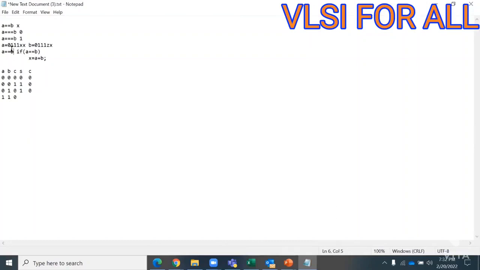It is doing a bitwise operation. 0, 0, it will compare; 1, 1, it will compare; 1, 1, again it will compare; 1, 1. And as soon as it encounters an X, this expression is going to be X, which is unknown. You will have an X, and whatever is lying inside this will also be unknown. And as soon as you're doing A triple equals B, in this case what happens? It will see that these three things are the same, like all the first 4 bits are going to be the same. Then it will see X is not equal to Z,